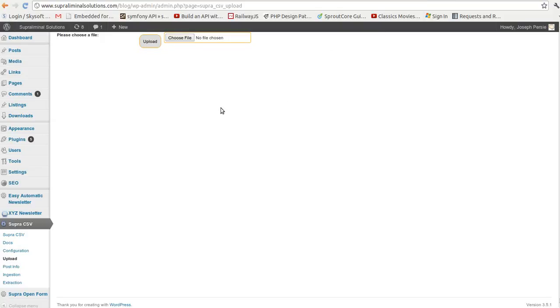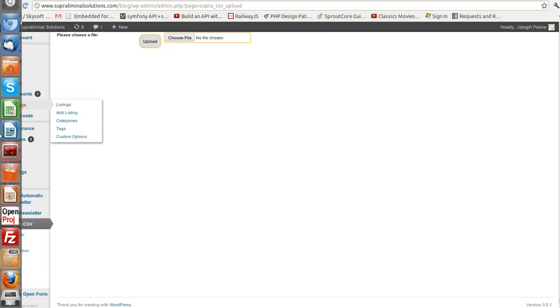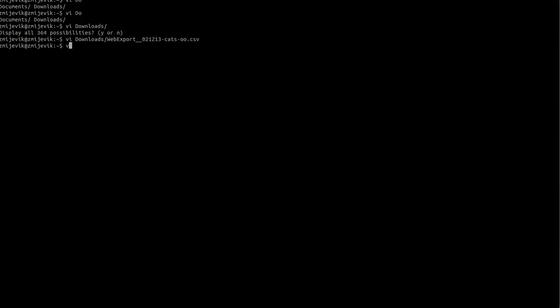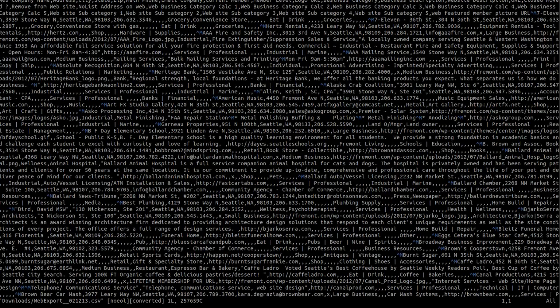In this tutorial, I'm just going to be showing you how to convert your Windows line endings to Linux line endings and go over the problems that it may cause. So, to start off with, let's go ahead and take a look at the file. I'm using Vim, a shell text editor, and